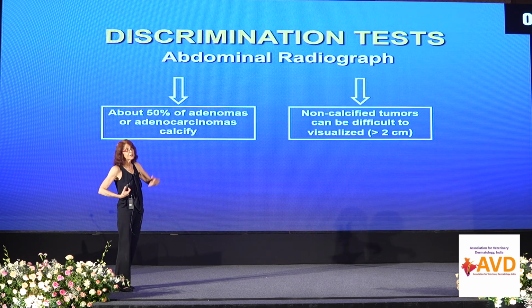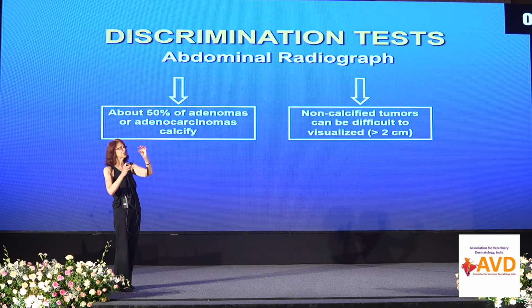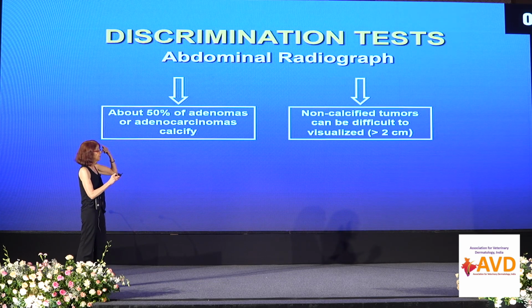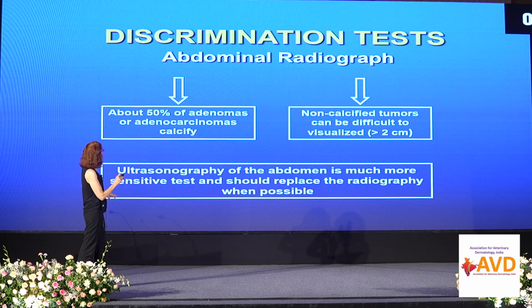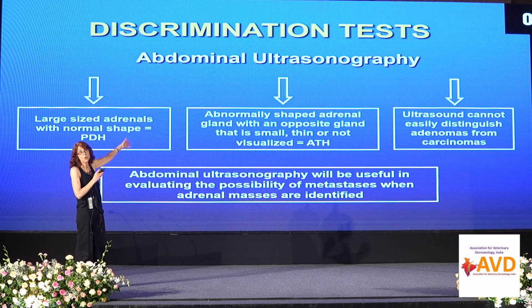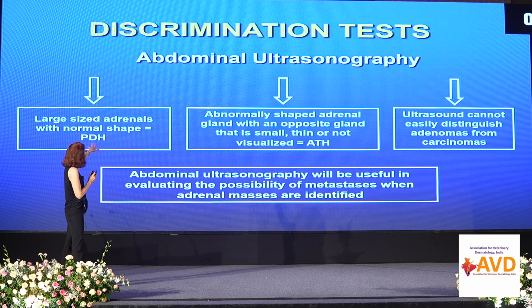Because if it's not, then it's pituitary, because you won't see thickening of the adrenal cortex on a radiograph in case of pituitary dependent disease, but it's not very sensitive. So what people do typically, if using imaging, which can be more expensive than the other tests to localize, is the abdominal ultrasound. And that's pretty good, okay?